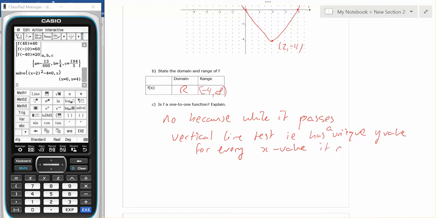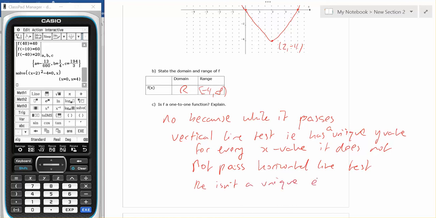It does not pass the horizontal line test. So what does the horizontal line test say? There isn't a unique x value